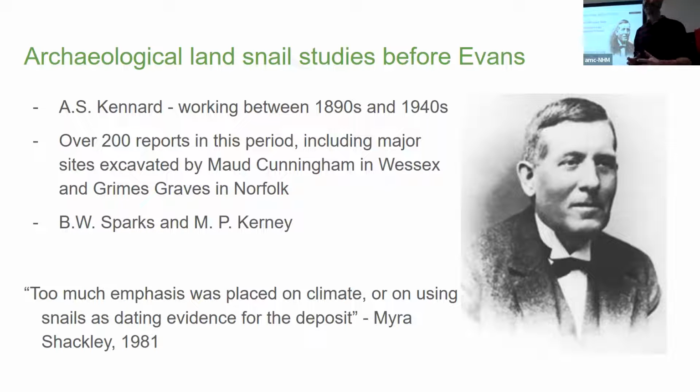He was very much driven by a sense that the occurrence of snails in samples was determined by climate and by humidity, rather than by factors like vegetation structure that archaeologists would tend to look a little more at nowadays. And initially his work was lists of presence of species, sometimes with relative abundance described as common or rare. But by the end of the time he was working, he had moved on to being quantitative, giving counts of shells.